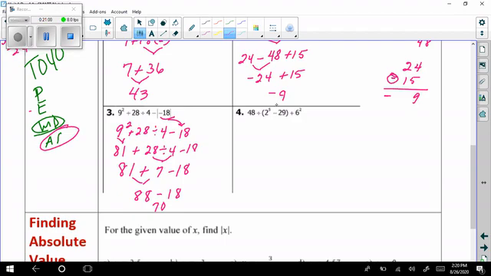Well, 2 to the 5th means 2 times 2 times 2 times 2 times 2. 1, 2, 3, 4, 5. That's 4 times 2 is 8 times 2 is 16 times 2 is 32. So 48 divided by, in parentheses, 32